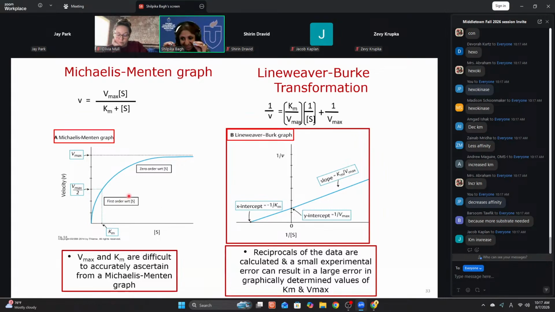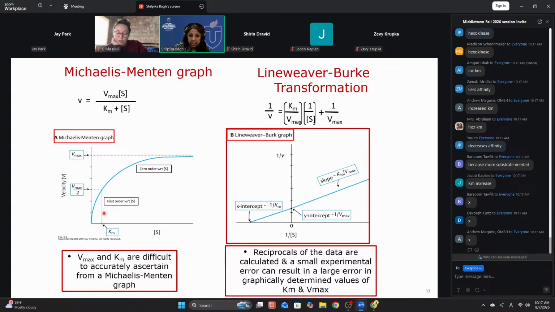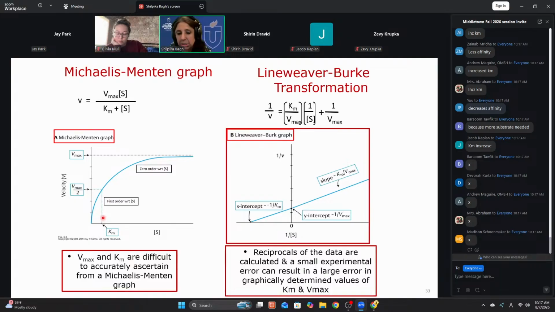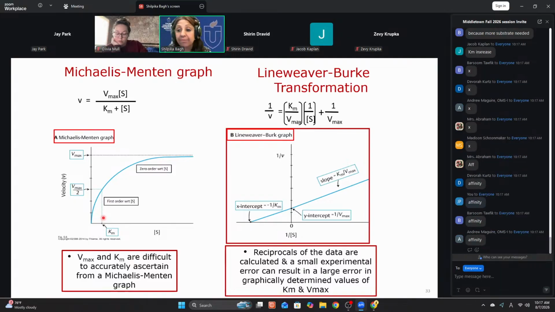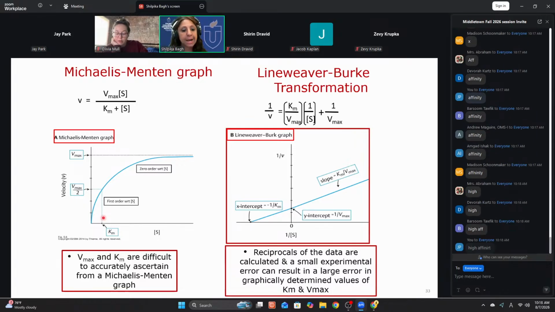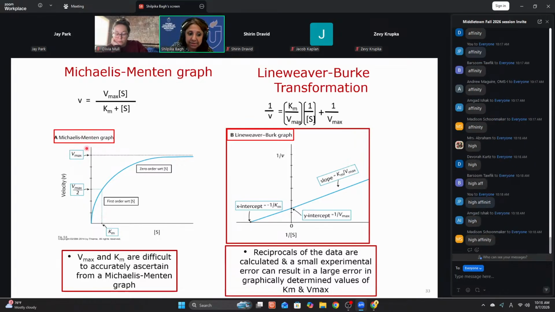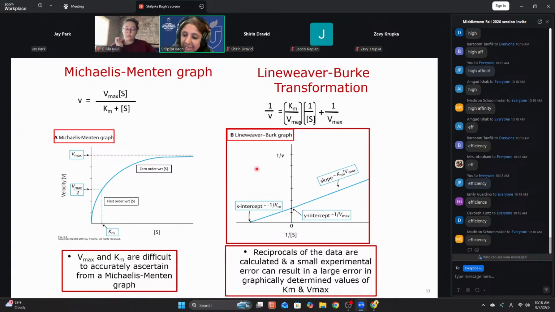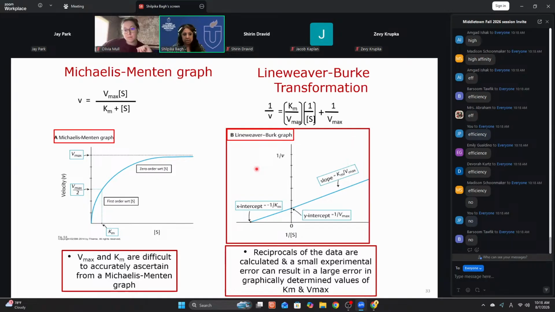Now, you should know what Km reflects. Is Km on the x-axis or y-axis? It's on the x-axis. So Km reflects affinity or efficiency of the enzyme? Km reflects affinity. Low Km means high affinity. Vmax reflects affinity or efficiency? Efficiency. Can Vmax be altered by the substrate concentration? Is Vmax dependent on substrate concentration?